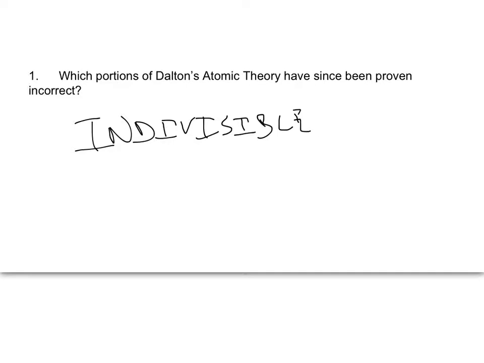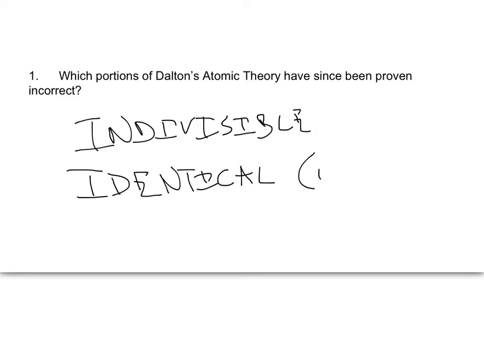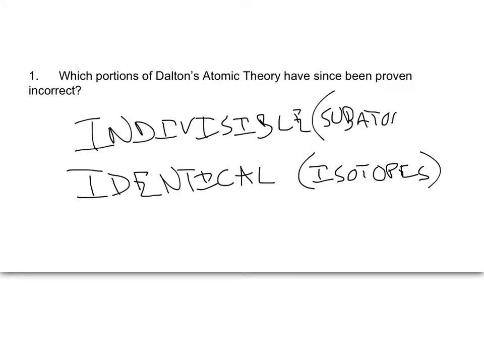He also said that all atoms of every element were identical. Okay, they're not identical. We have isotopes. Isotopes are atoms of the same element that have different masses. So isotopes is the proof that not all elements are identical, and subatomic particles prove that atoms are not